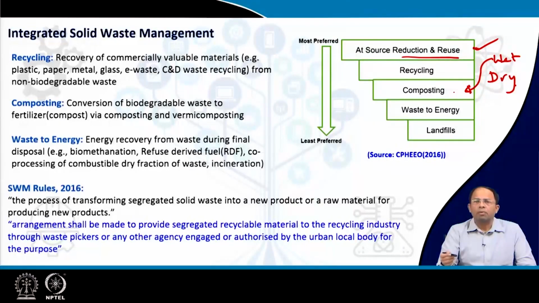In composting, we employ aerobic processes mostly, not always, whereas in biomethanation, we use an anaerobic process, which leads to more methane production. Now, when more methane is produced, we can use it as energy. So this wet waste can also be converted into energy. Whereas dry waste, some of it can be recycled. We will try to recycle some of the waste so that we can recover some of the product. Some of it could be converted to energy by burning it.